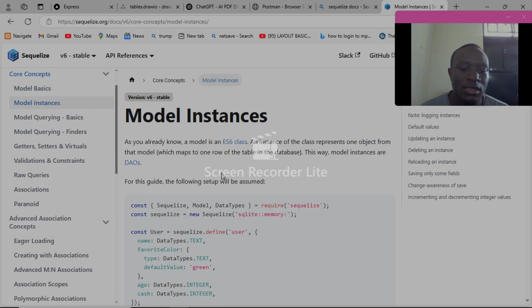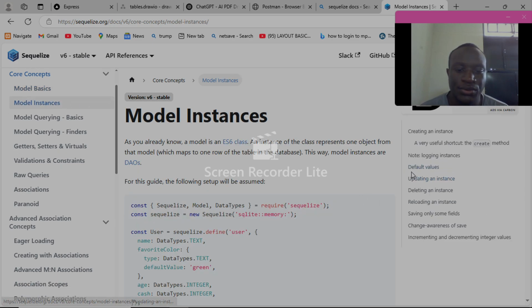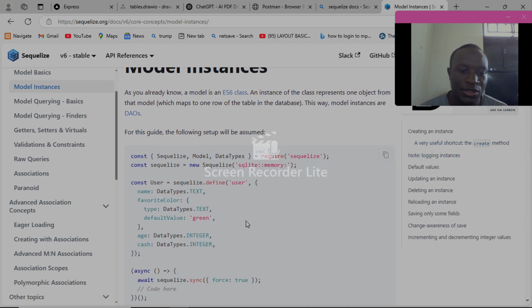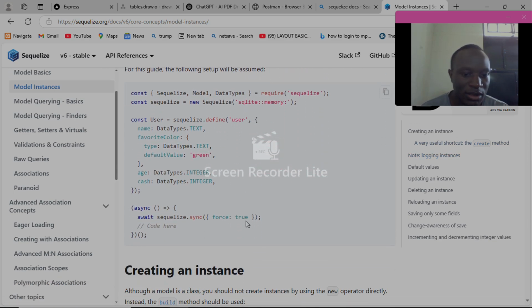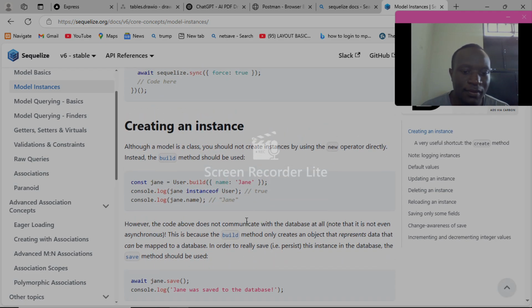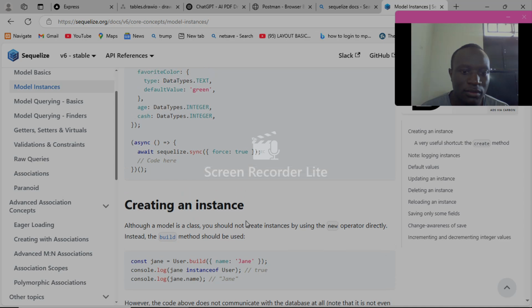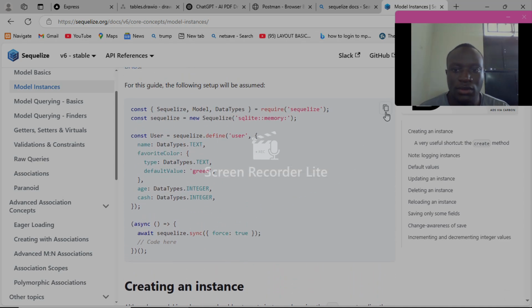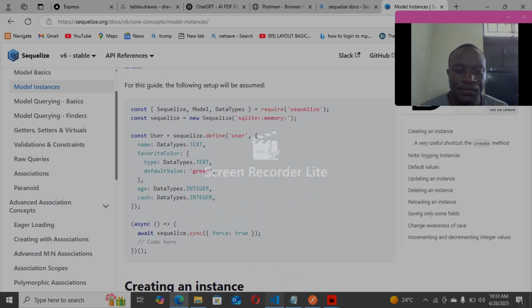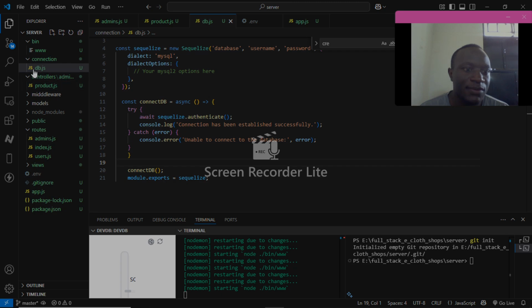If you check on model basics, model instances, how to instantiate a model. For example, this code here, we create a model called user. So copy this in the models folder. I'm going to create a subfolder called